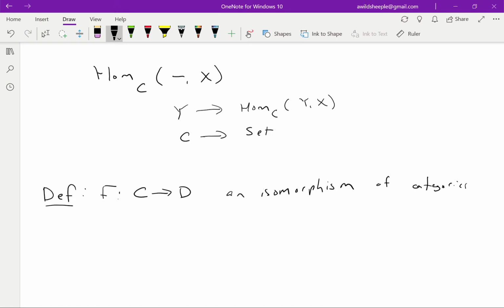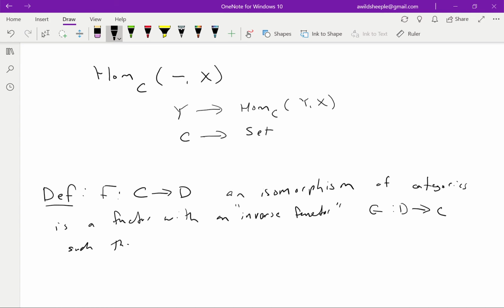Again, staying true to our intuition that this is a sort of morphism of categories. An isomorphism of categories is a functor with an inverse functor G, which will go D to C,